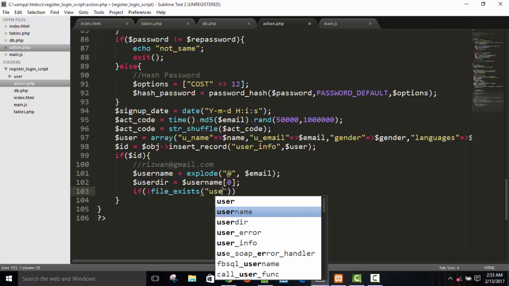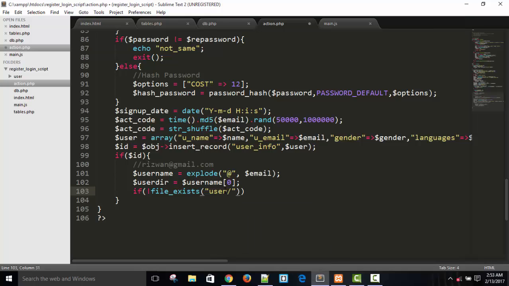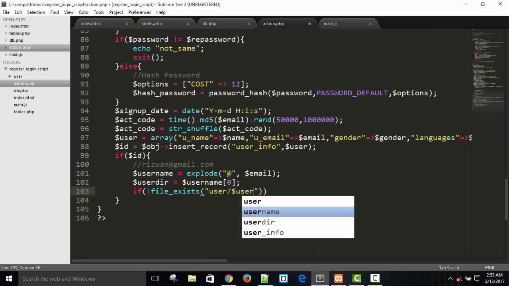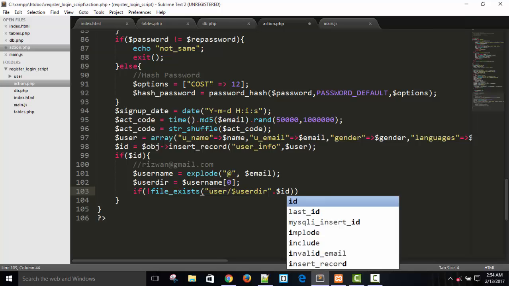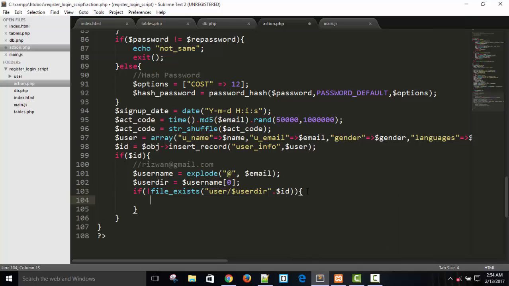So I have created user directory, and inside this I have to check $user_directory dot $ID. So if the file already exists for this user, no need to create the directory. But if the file does not exist, we need to make a directory,